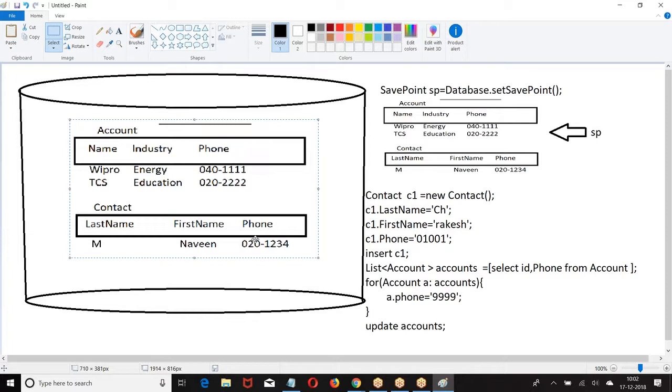Right. So tell me one scenario where we can use it. My requirement is, listen carefully. Did you get the concept of save point and rollback? At the time of creating a save point, whatever the database we have is referred as save point. Then when I make some changes and say rollback, whatever the changes you made after creating the save point, everything will be lost.